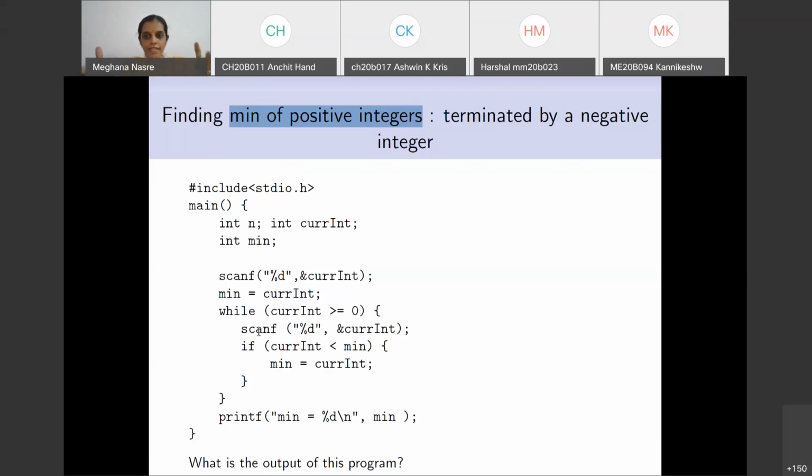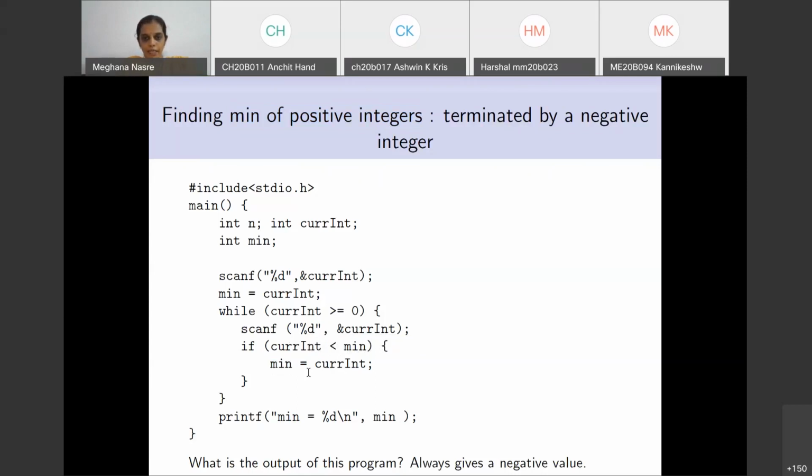Till the last positive integer 3 is the current min. But when you take -1, that -1 is also a valid integer which goes here. Then it checks if current integer is less than min, which is always going to be true because you have input positive integers till now. Therefore, the min is always going to be the last integer, the negative integer with which you are terminating the program.